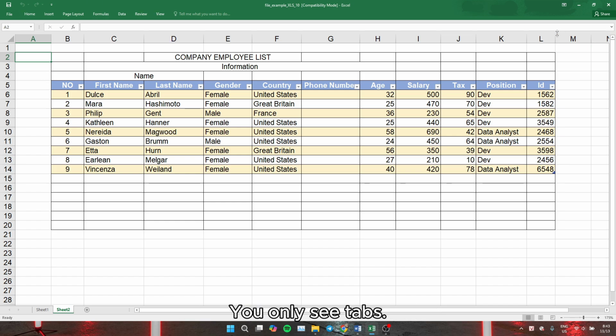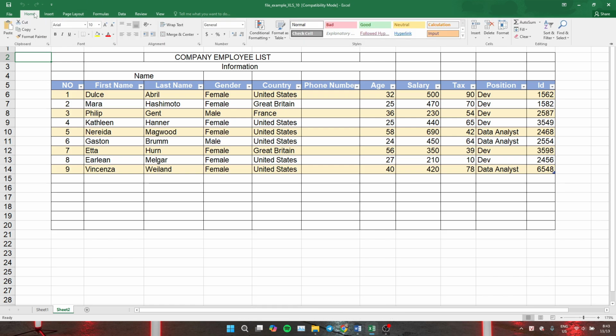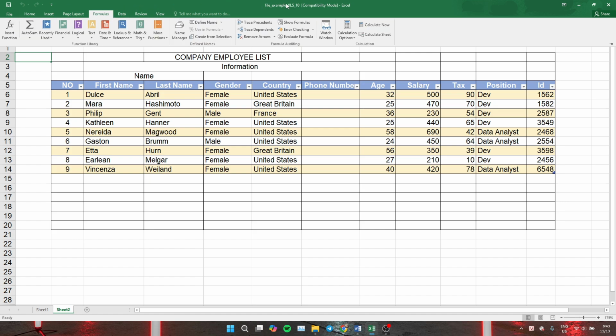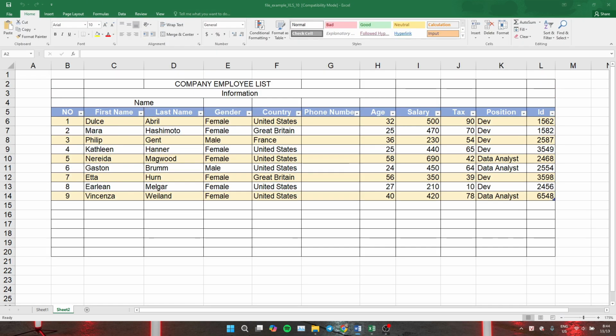You only see tabs. When you click on each tab, the toolbar will appear. You can also right-click the toolbar and choose